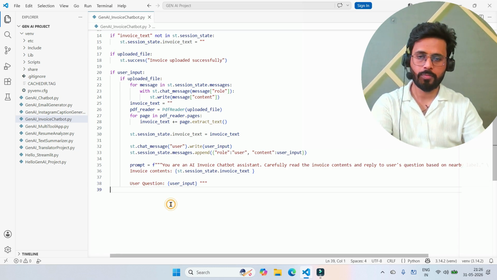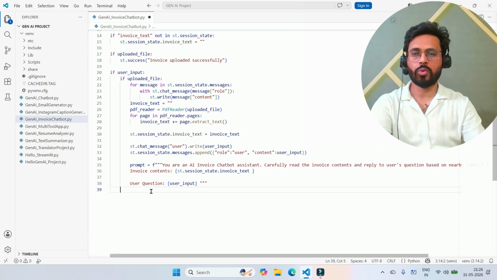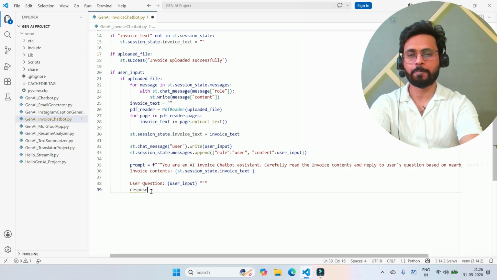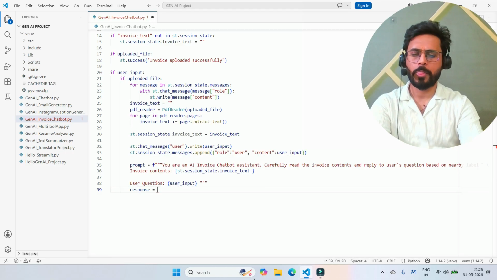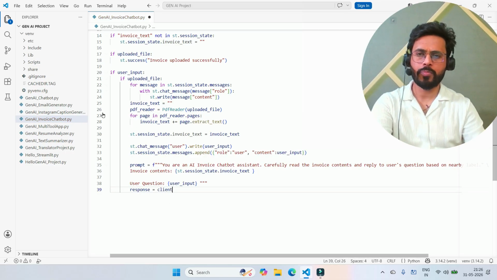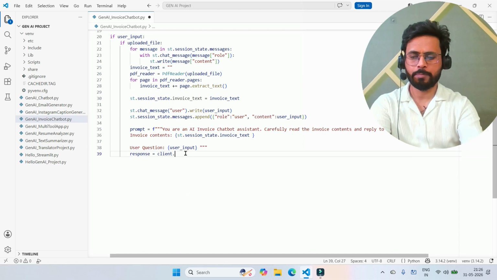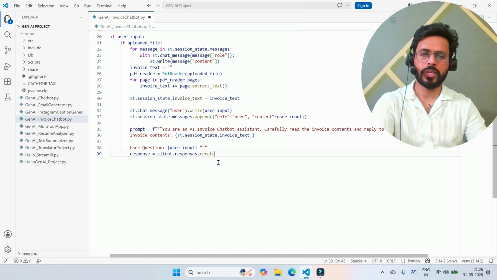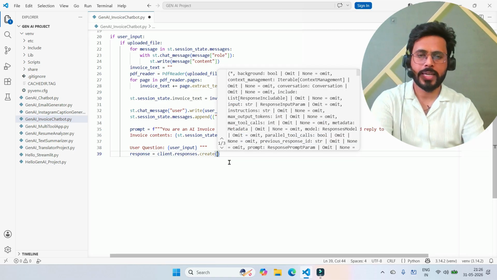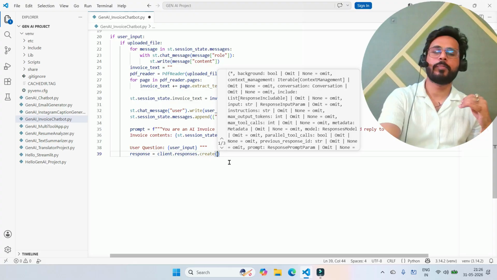send this request here. So I'll take response. Response equals client dot, this client which we have used on the top, client dot responses dot create. So we are going to use the response API create. Now here first we'll pass,